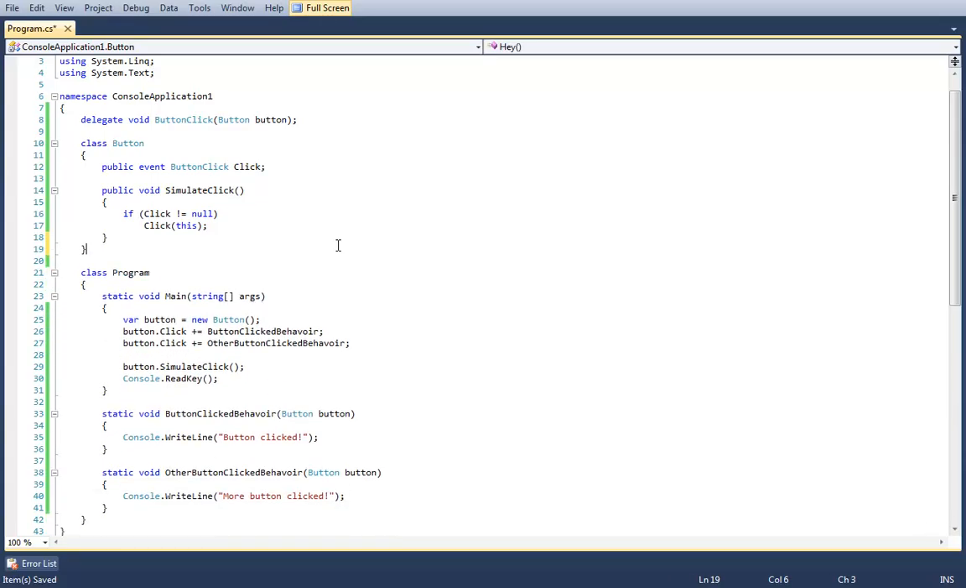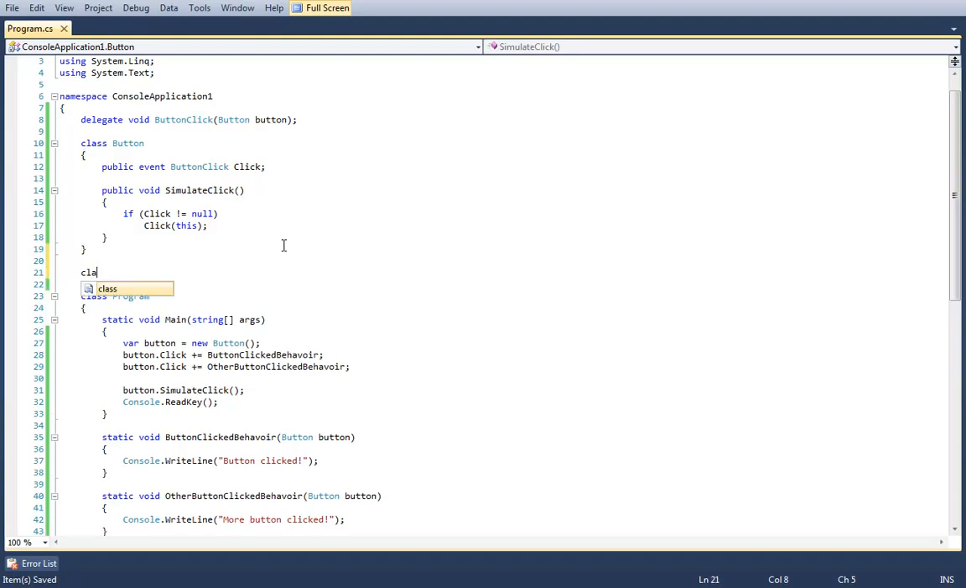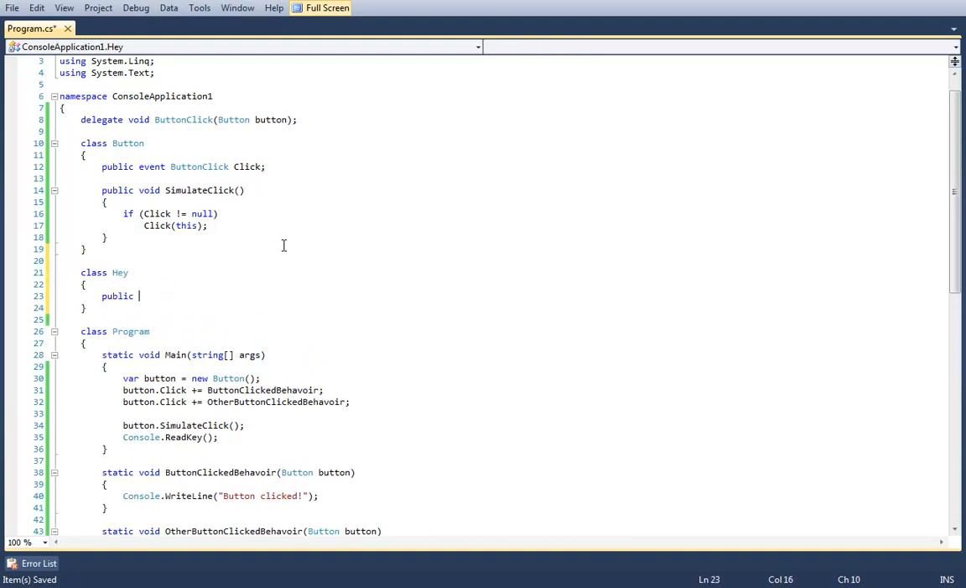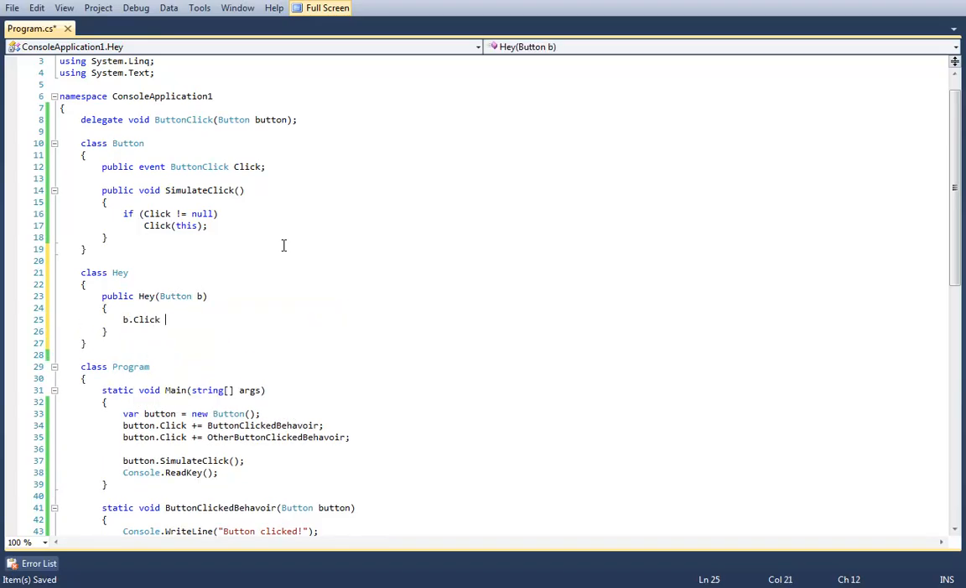One last consideration to talk about events. This is incredibly important. Garbage collection. Is everybody familiar with garbage collection? You don't have to be familiar with the implementation of garbage collection, but you do need to understand that garbage collection will only deallocate memory when an object is no longer being referenced. So what does that mean when I have a class called Hey that takes in a constructor to button and does b.click plus equals